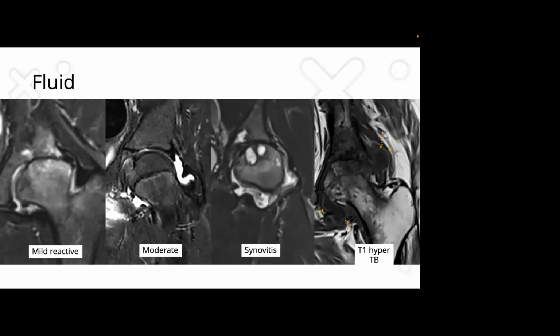The next thing you're going to start to look for is fluid. And when you look at fluid, you're going to start thinking about whether there is mild fluid or moderate fluid. You're going to start to characterize this fluid. This looks fairly bright and simple, as opposed to this fluid here where you can see synovial debris, and this is actually synovitis. This could be because of osteoarthritis, where we have cartilage wear and tear in the joint, and that's what's giving you this kind of synovitis appearance. And then the last thing is when you see synovitis, look at the T1 weighted images, because if you see a bright T1 signal along the peripheral rim of the synovitis, then that's something that can help you to identify possibly tuberculosis or an infectious